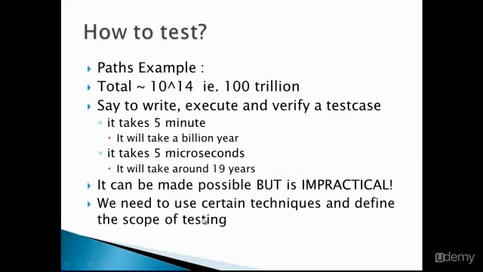Then if we compute this all for the example that I showed you just now, this number would come to around 100 trillion. Now say to write, execute and verify a test case takes 5 minutes. So that is to test one possible path, it takes 5 minutes. So it will take a billion years to test the whole of this small program. But if it takes 5 microseconds, then it will take around 19 years. So it can be made possible by putting a network of computers together, but it is impractical,